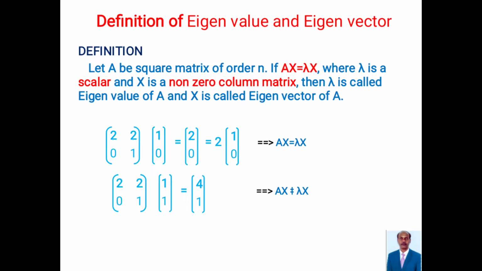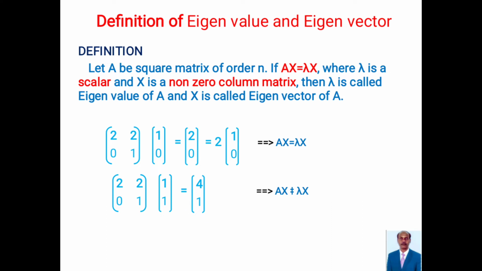Next, now we are going to our main concept. What is eigenvalue and eigenvector? So now we can define. Let A be a square matrix of order n. If Ax is equal to lambda x, where lambda is a scalar and x is a non-zero column matrix, then lambda is called an eigenvalue of A and x is called an eigenvector